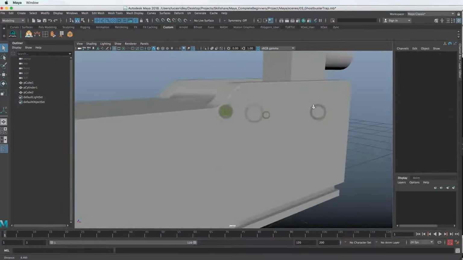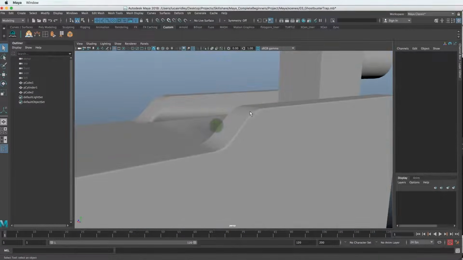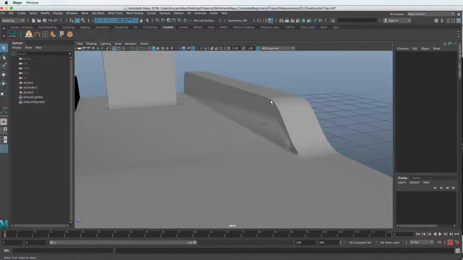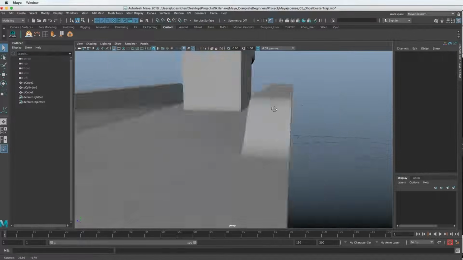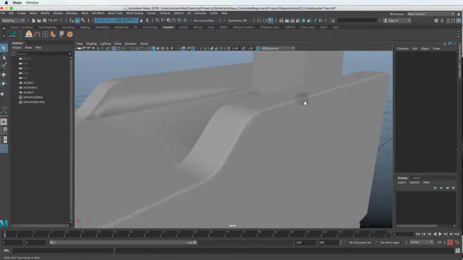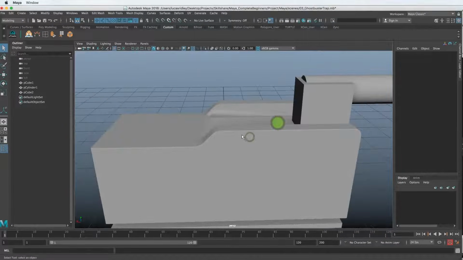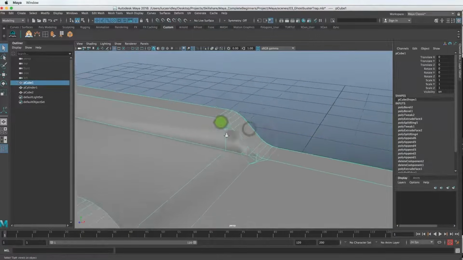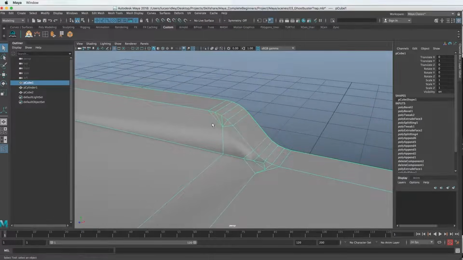So now we have a much nicer edge here. If you look at these, because we didn't bevel this one, it looks very CG, very exact and hard. And this one is just a tiny bit softer, and it adds a lot to the model. Okay, so the other thing that we run into here is a normals situation.